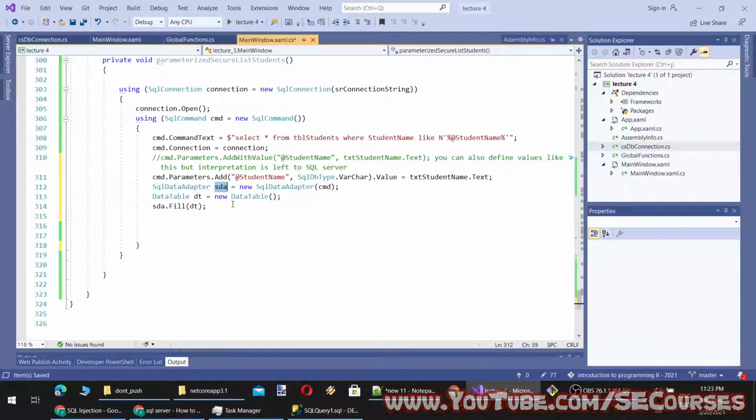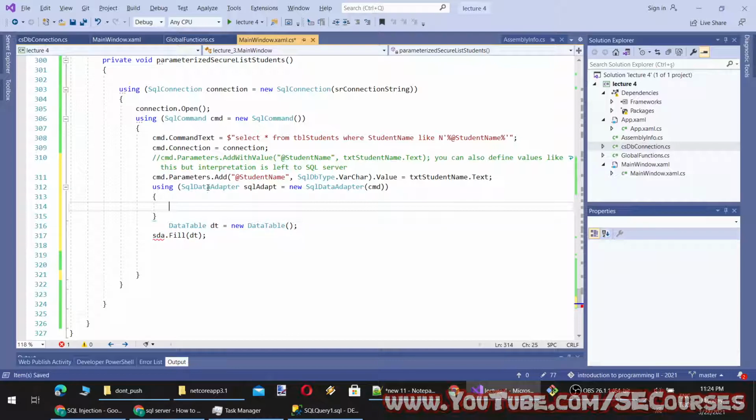Okay, SQL adapter. You see, we are using SQL data adapter. I think we can call it SQL adapt. Okay, and it is taking command. Let's see if this does support using. I am not sure. If it is supporting, then you should use it.